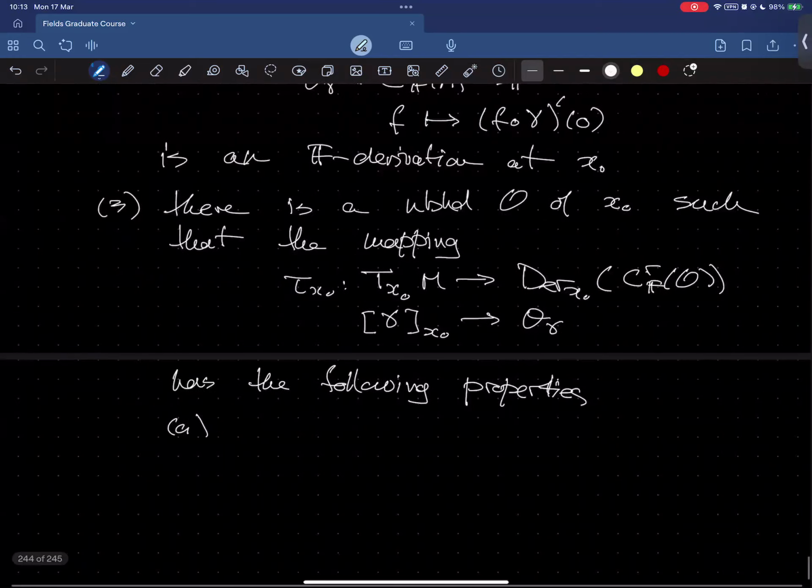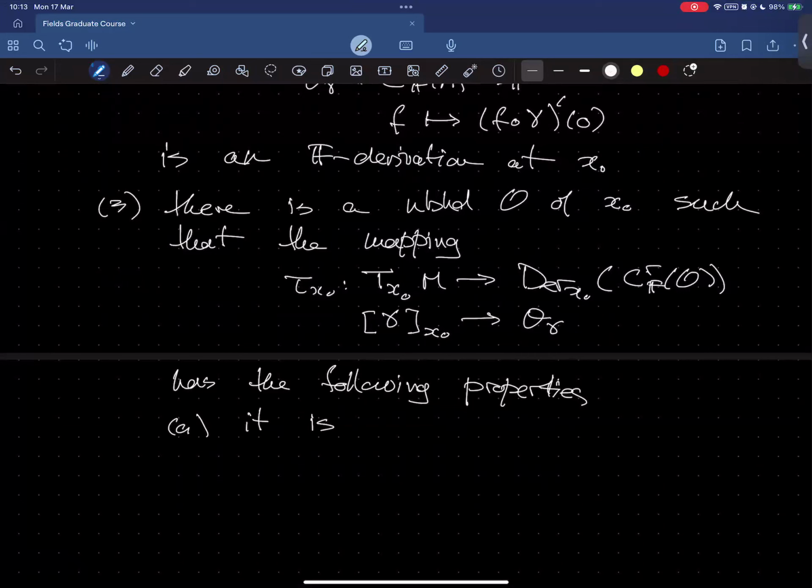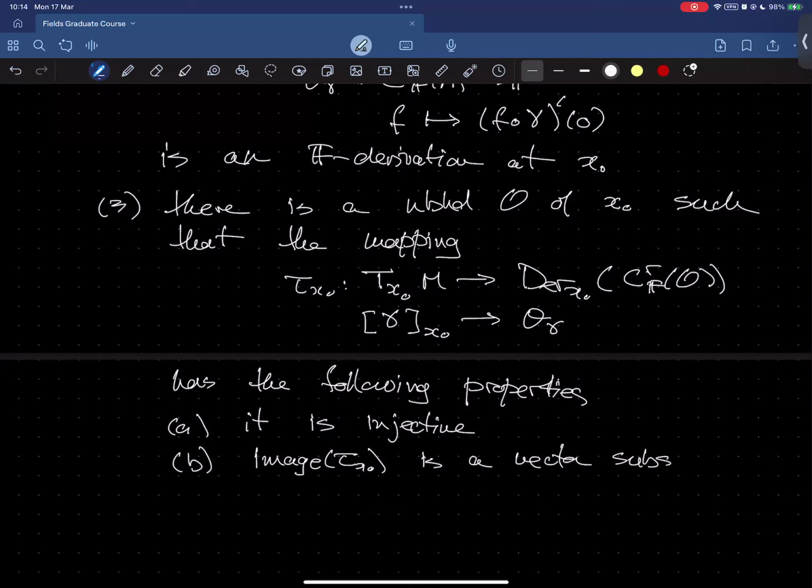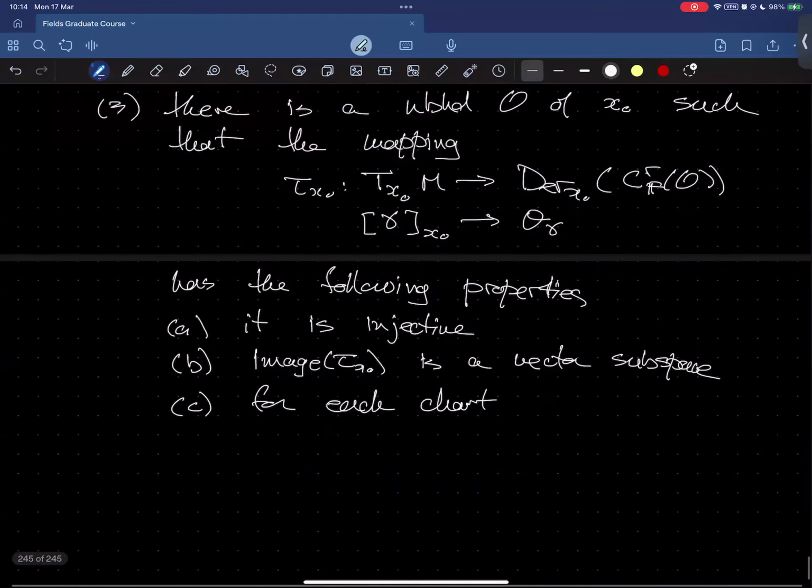The first property is that this mapping is injective. Its image is a vector subspace. And for each chart, the mapping